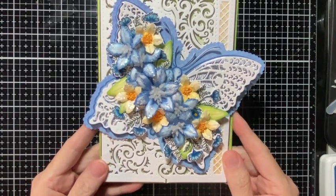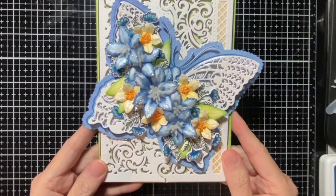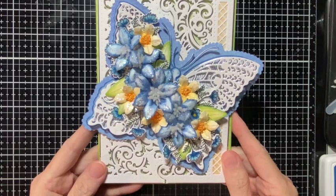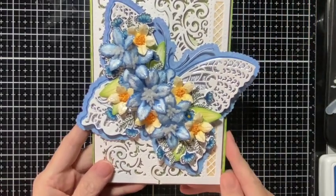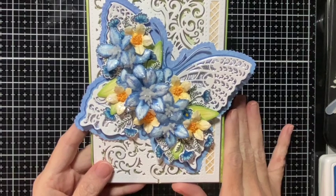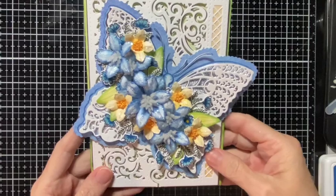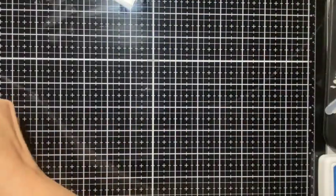It's for a special recipient. It's actually a special request birthday card for a lady that has requested it for her mother. Her mother loves the color blue, so we're going to change the background color to a blue to coordinate with all of the rest of the colors here. So it'll be just slightly different, but you will still get to see all of the same exact techniques that I have used. So I'm going to set this aside, and we are just going to start from the beginning